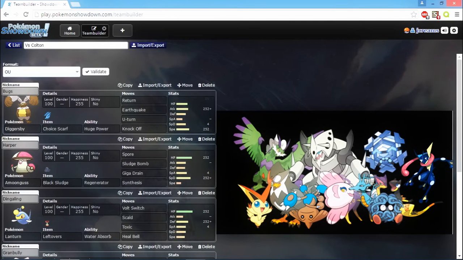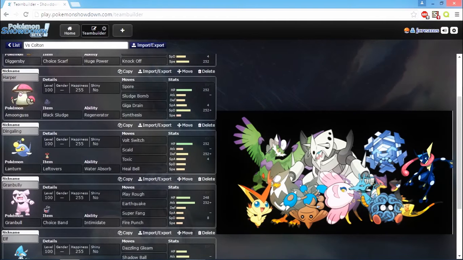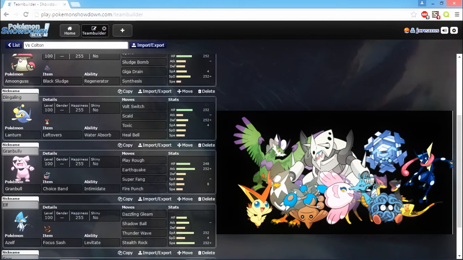Our physical wall is Dingaling with Volt Switch, Scald, Toxic, and Heal Bell, along with Leftovers for recovery. And then next up we have Granbully, our Choice Banded Granbull with Play Rough, Earthquake, Super Fang, and Fire Punch. Also, that Intimidate is really nice to get the attack drop on certain mons. And yeah, max attack. Then we have Elf, our Focus Sash Azelf with Dazzling Gleam, Shadow Ball, Thunder Wave, and